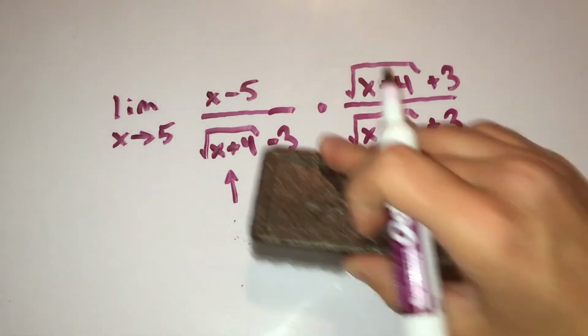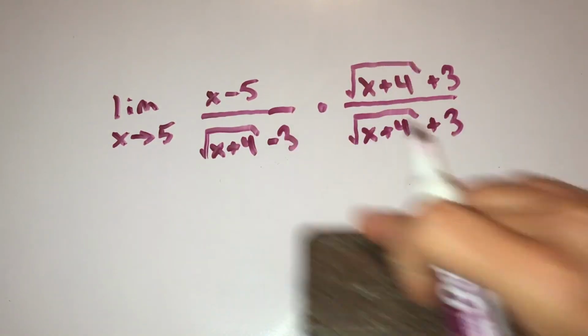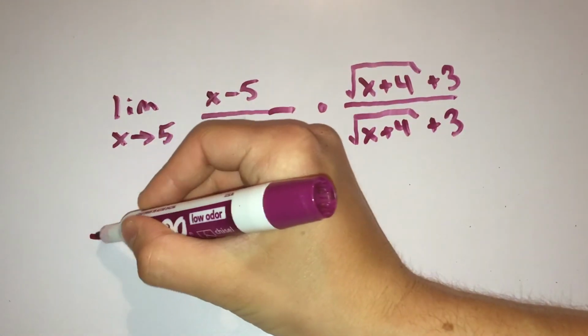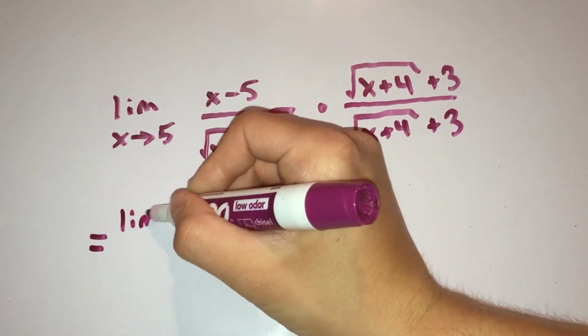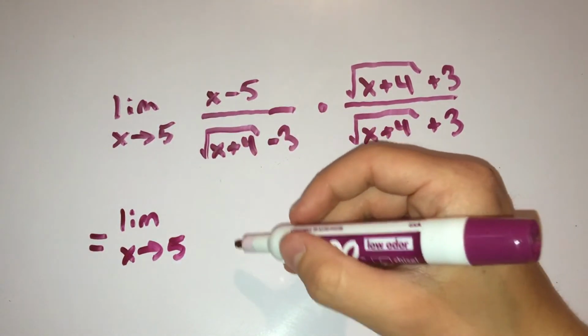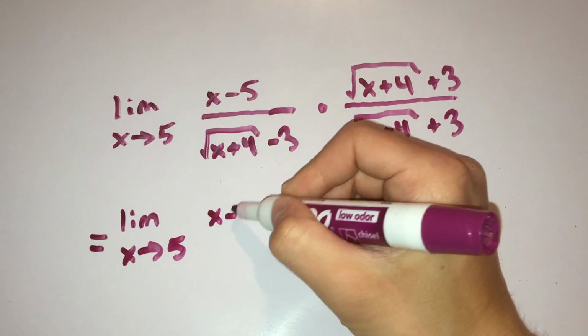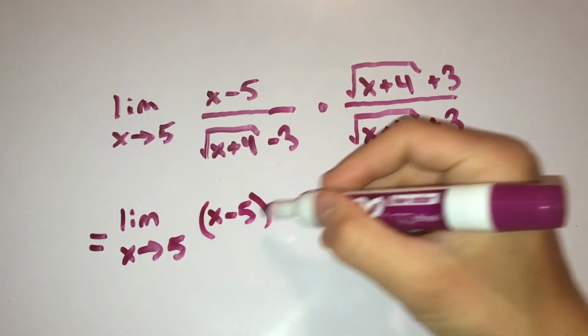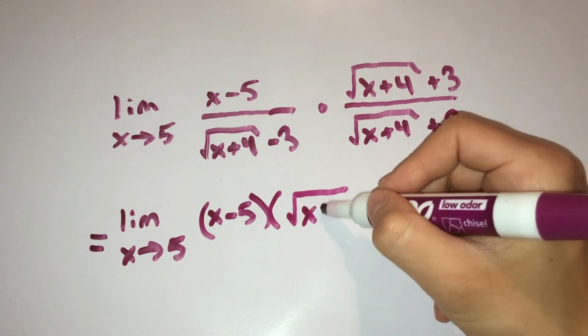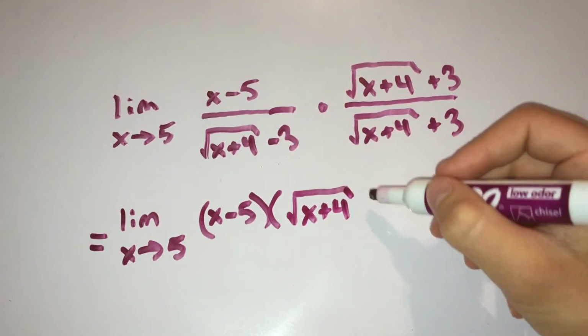Now what I recommend is not to simplify the side of the fraction that you did not take the conjugate of. In this case, the numerator would be the side that we don't simplify. All we do is bring the terms together. We'll rewrite limit as x approaches 5 of x minus 5 times the square root of x plus 4 plus